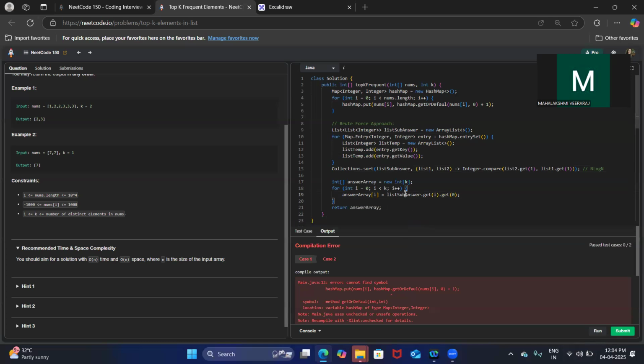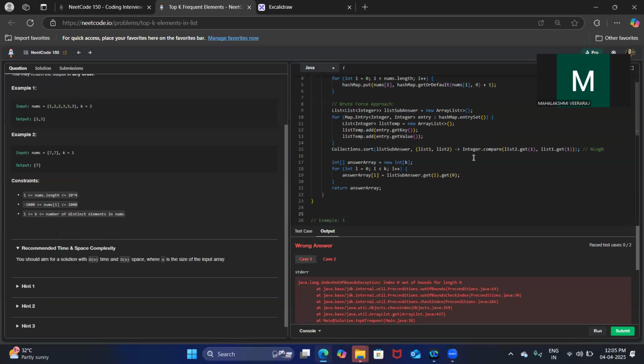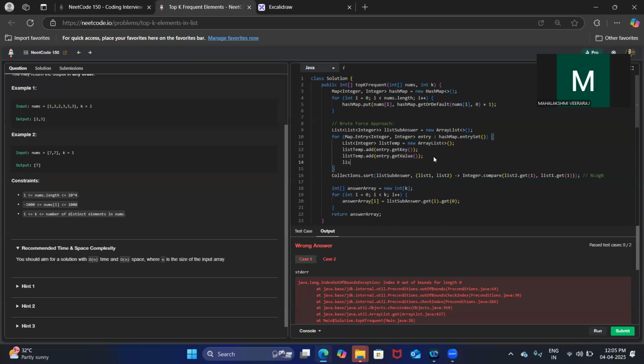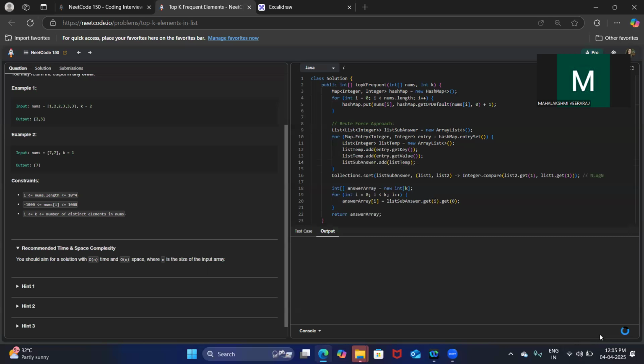So let me check what the issue is. Okay, I missed adding this listTemp into the listAnswer. So that's it.